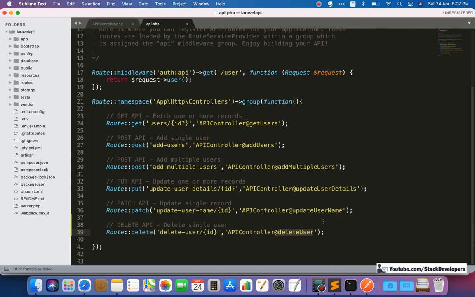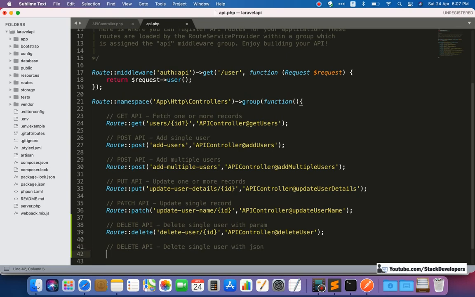First of all, we will create its route, delete API. We are going to delete the single user. Here we have used single user with param, single user with JSON.